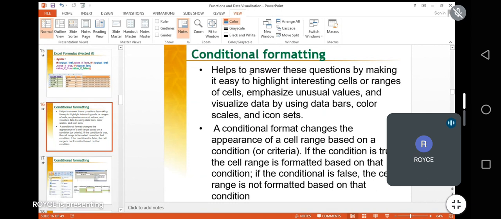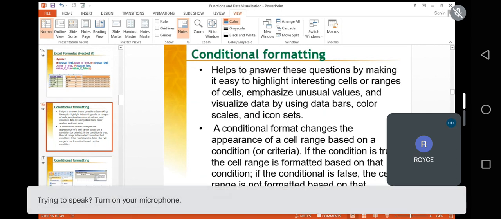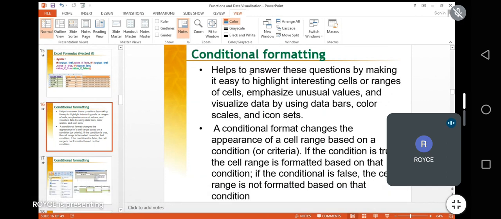Okay, for instance, if you want the marks for the students who failed to be highlighted, you can come up with a criteria that you're going to use under conditional formatting in order for every student who failed to have a certain color in their cell. Or maybe you want to highlight or emphasize cells of students who did not write a certain test, where it's blank. You can come up with a criteria that is going to make all blank cells have a certain color,